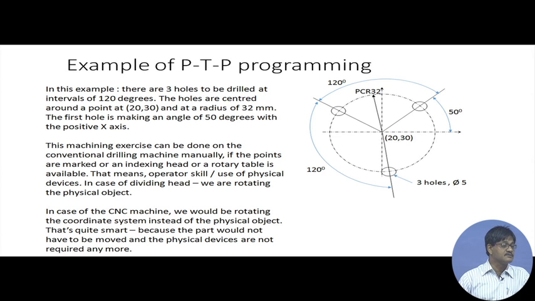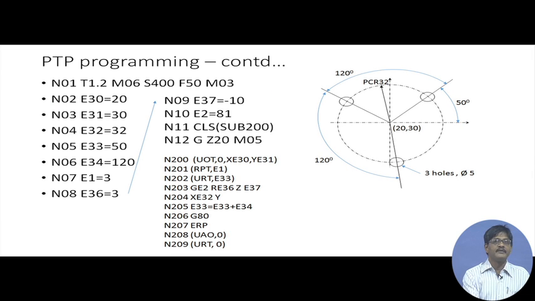Let us have a quick look at how this is going to be done. This is the basic program. We start in the first line, and in this program we are taking the help of E parameters, and we are also taking the help of G codes, M codes and 3-letter codes. So, first of all, the first line reads T 1.2, that means a tool is being mentioned, tool number 1 with offset written in the second line of the offset file.